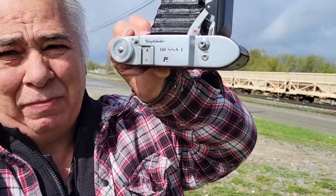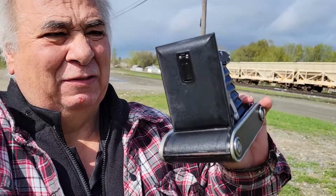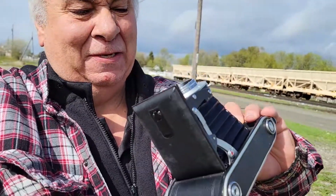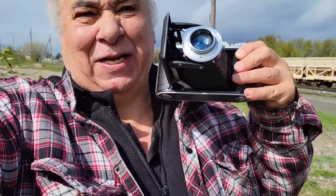I just received a package today holding a Voigtlander Bessa 1. I looked it over. We have the Vaskar 105 millimeter 4.5 lens, Pronto shutter. I threw a roll of Delta 100 in because I want to test it before I service it